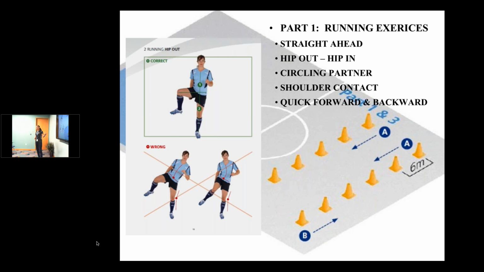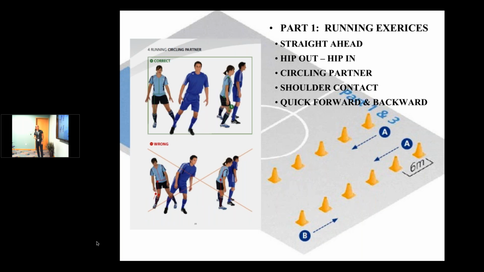This is a particular soccer exercise, but it goes into, you know, when you are lifting your leg, you also teeter-totter with the trunk. So it's an easy thing. But this could be replaced with skipping, so you're not getting a teeter-totter at your trunk. Circling your partner, that's a side-to-side shuffle.